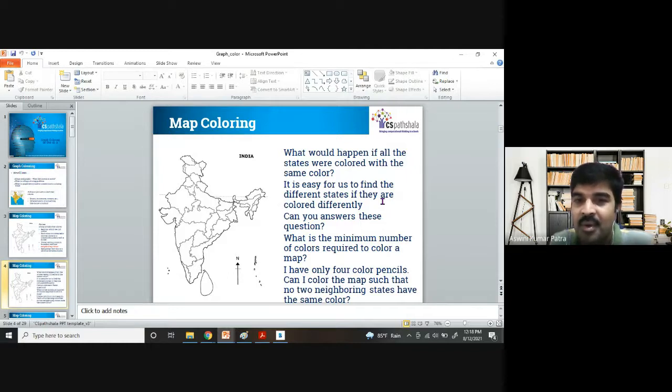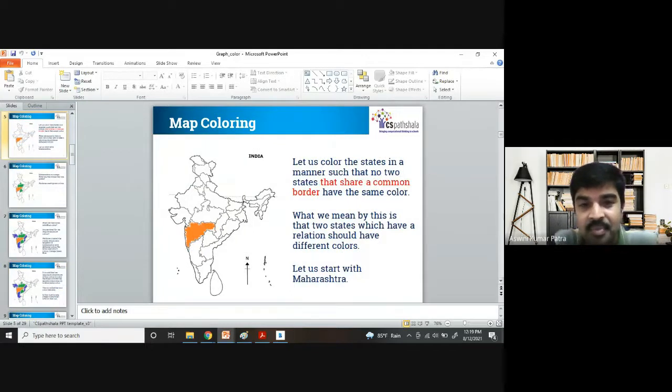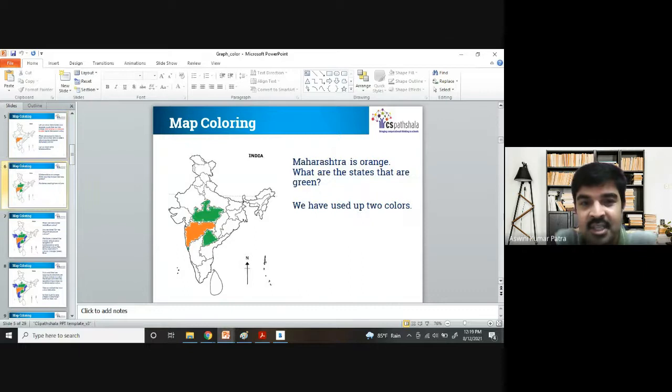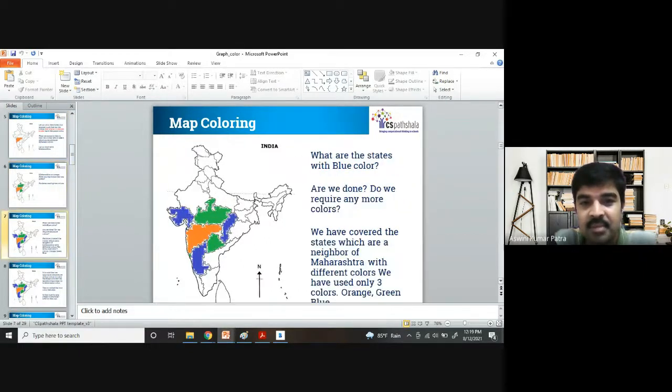So initially we'll ask, okay, let's color. Now the next question will be, how many colors have you used to color India? Somebody says 10, somebody says 8, somebody says 9. Then the next job with the students is, can you minimize the number of colors you have used? Okay, with that flavor we can proceed. We colored a state with orange, then with some kind of blue, then purple was used. So three colors were used.